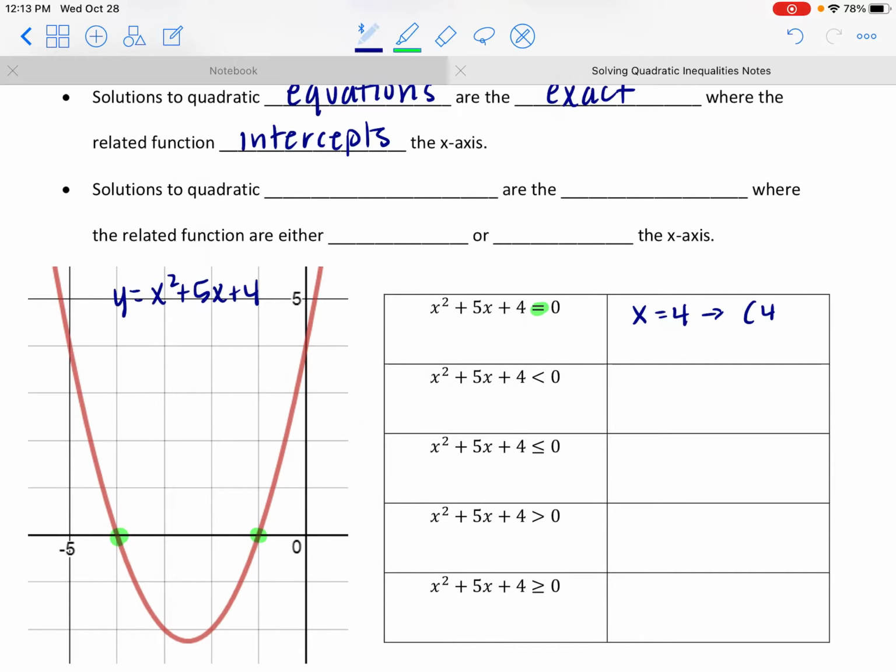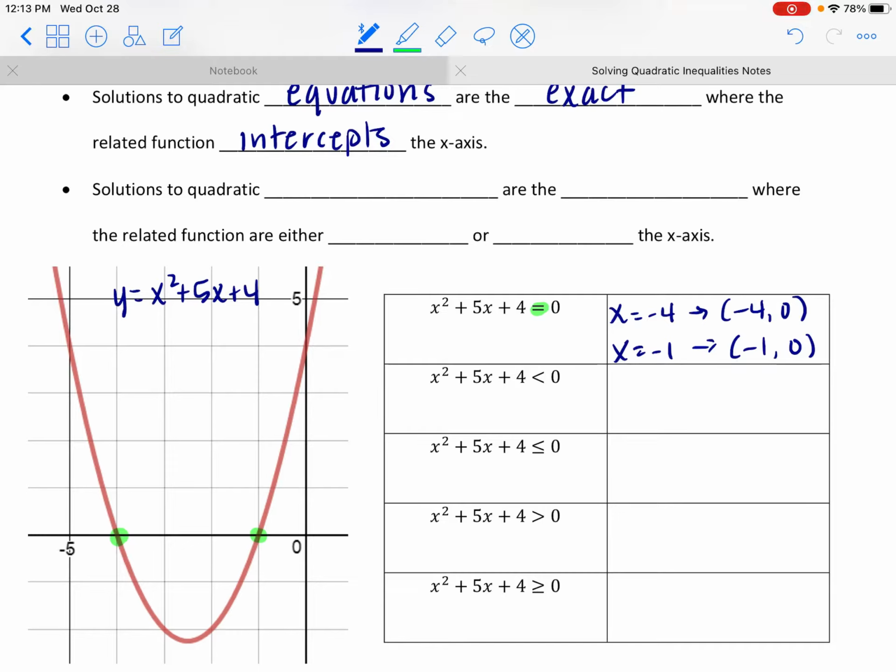Sorry, that's a negative 4. X equals negative 4, which is the coordinate (-4, 0), and at x equals -1, which is the coordinate (-1, 0). Okay, now, if instead of asking you where the function is equal to 0, I want to know